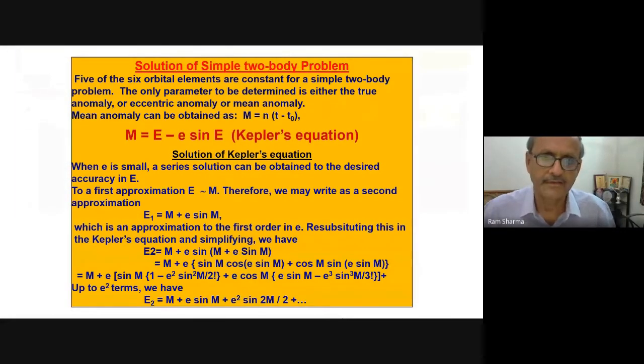So one of the solutions, I just give you two elementary equations, because there are so many solutions to this. Just to give you an example. So when the equation is there, M is equal to E minus e sin E, Kepler equation, let us assume the first approximation as M is equal to E, or E is equal to M. Then you replace E by M. So your E1 solution becomes, you take E1, M plus e sin E you take to the right hand side, and E you replace by M. So E1 becomes M plus e sin M.